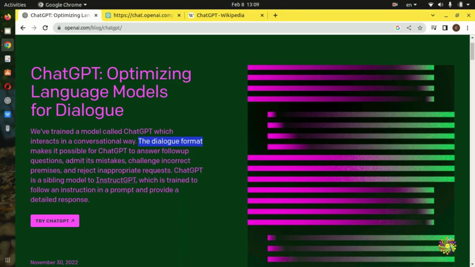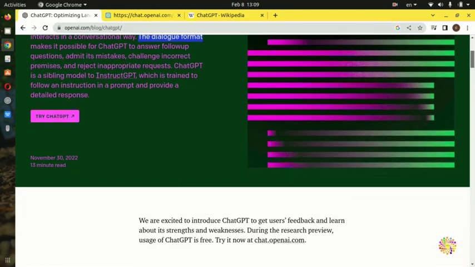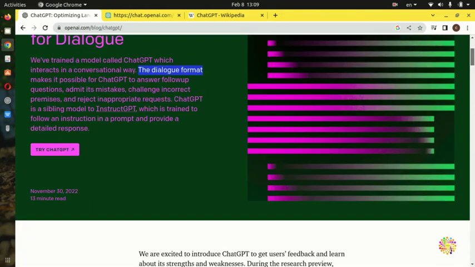ChatGPT is a sibling model of InstructGPT, which is trained to follow an instruction in a prompt and provide a detailed response. As I said to you guys, once you learn NLP, natural language processing, inside Python, then you can make, for example, a very simple model to follow your instruction, because whatever you see it will analyze, and once you train your model, and especially if you go into the transformer model,